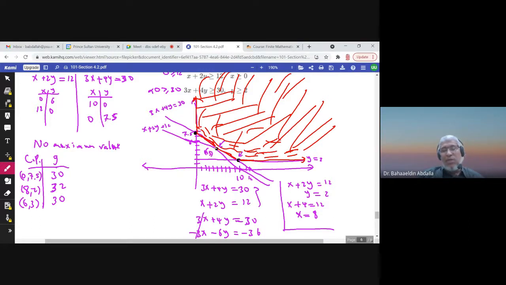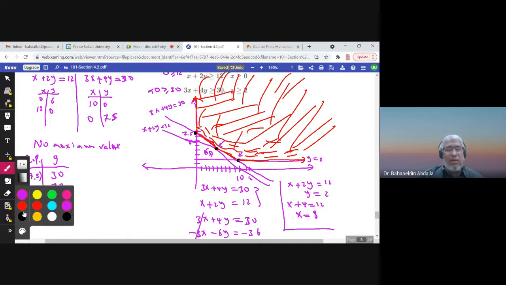This is 6, 3. So this line that passes by 7.5 and 6, 3, this line here, any point on this line will